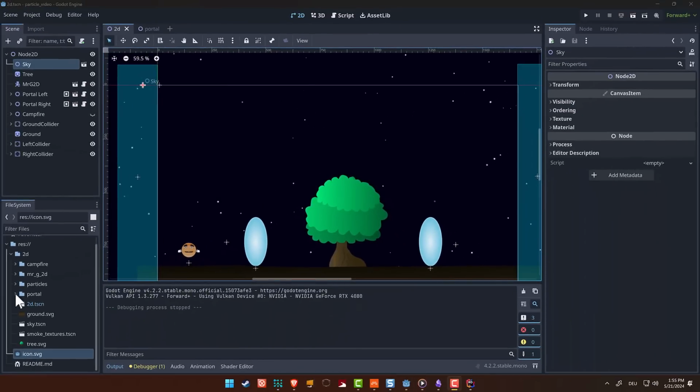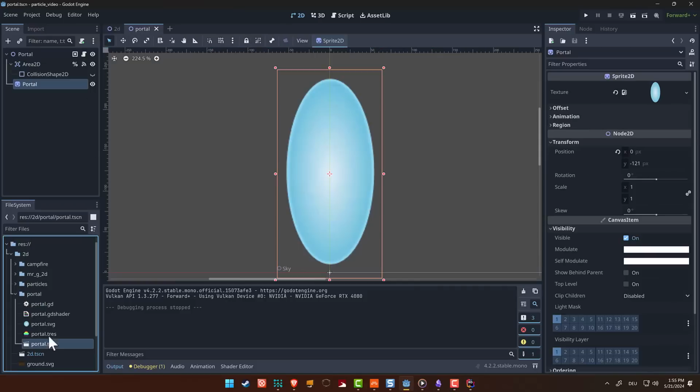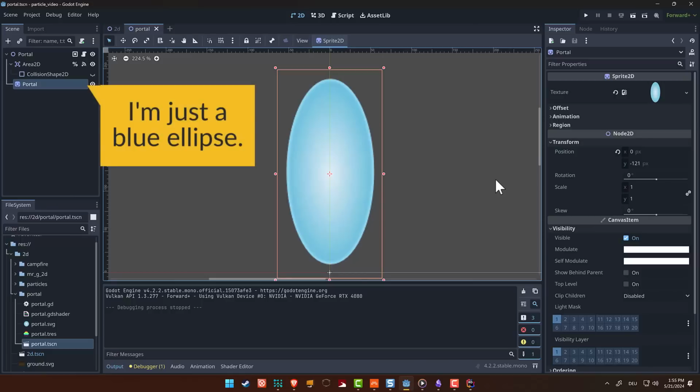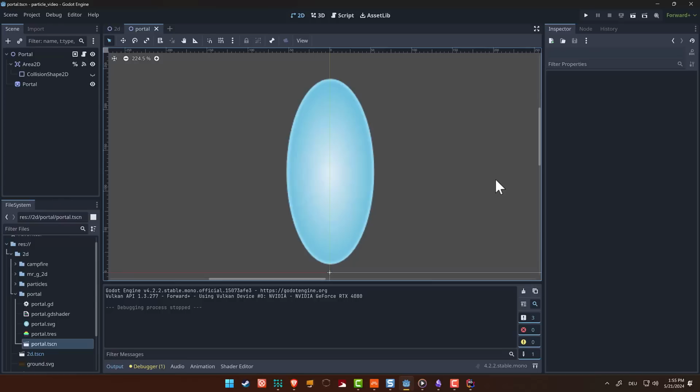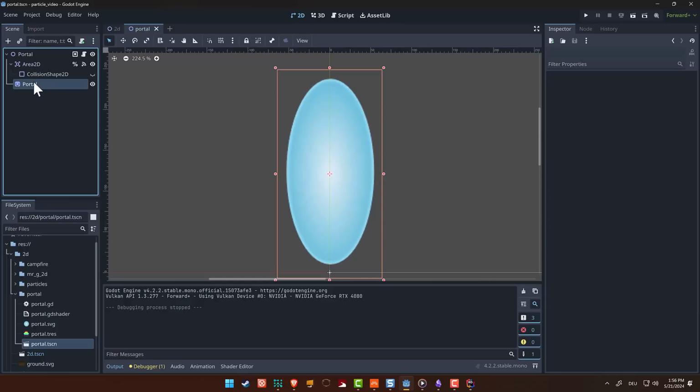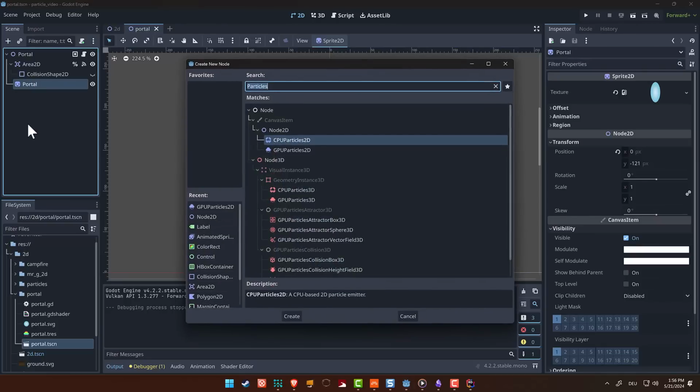The portals have their own scene, so let's open up the portal scene. And right now, the portal is really only a static sprite, so there's not a lot going on. We're going to add a particle system node, and we're going to add this as a child to our portal sprite here, so it is at the center of the portal. So let's first select our portal sprite, then press Ctrl A to add a new node, and then let's search